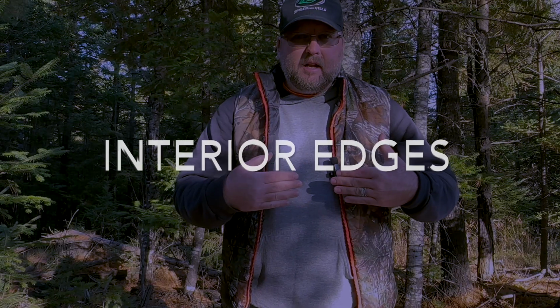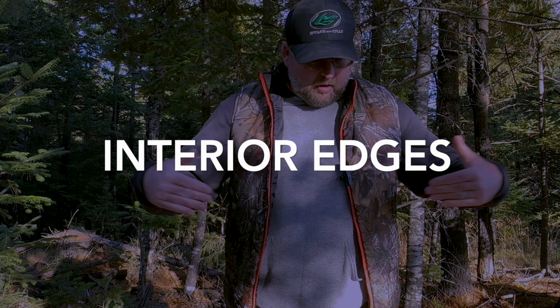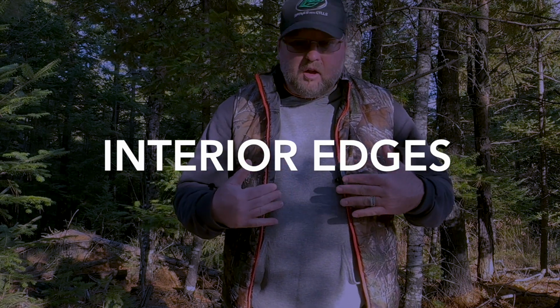Let's talk about the number one setup, tree stand and hunting blind setup strategy that all bow hunters and all deer hunters alike should really know to help them consistently tag deer year after year after year. That is interior transition zones, interior inside edges. Okay, and what I'm trying to explain to you is